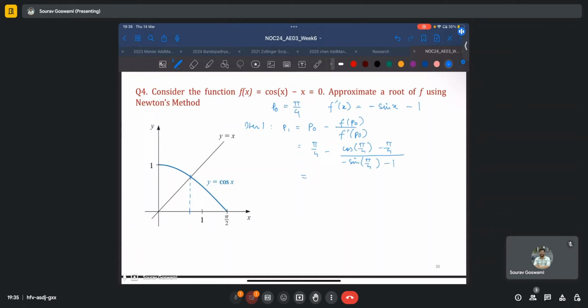Just use the calculator for this. Cos of pi by 4 minus pi by 4, divided by minus sine of pi by 4 minus 1,